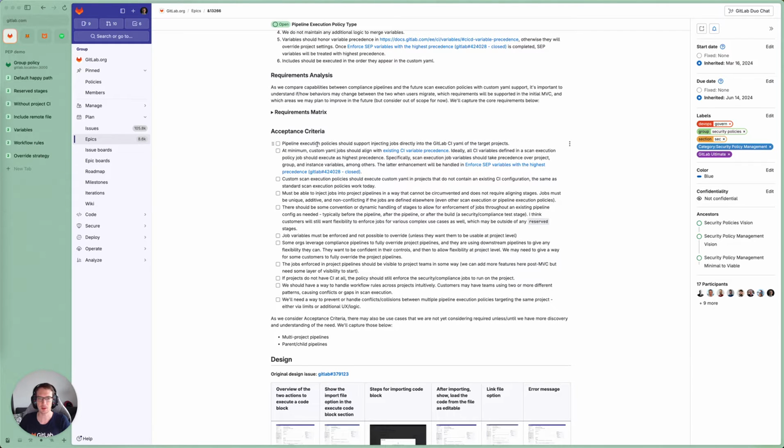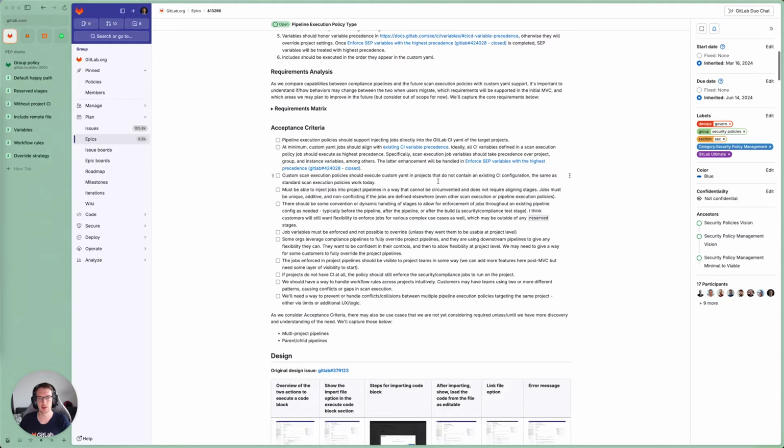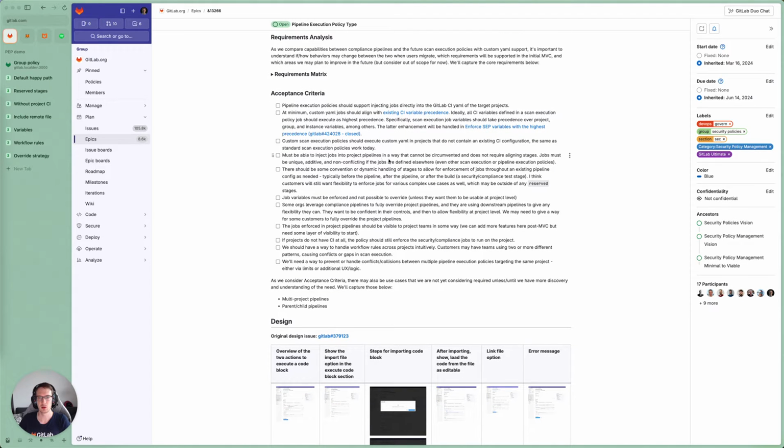So basically, we should support injecting jobs directly into the target projects. We should be able to do so even if there is no existing CI configuration in the project. We want to do it in a way that cannot be circumvented and doesn't require any stages alignment.